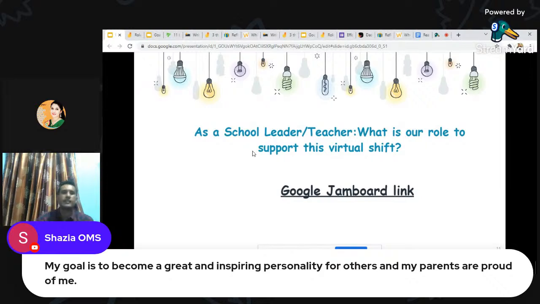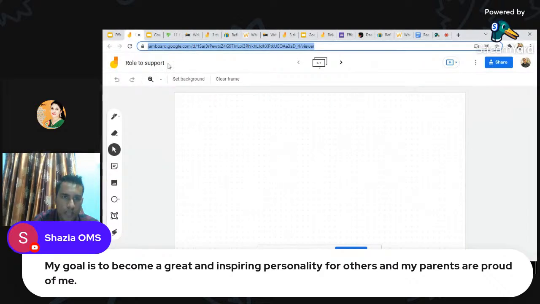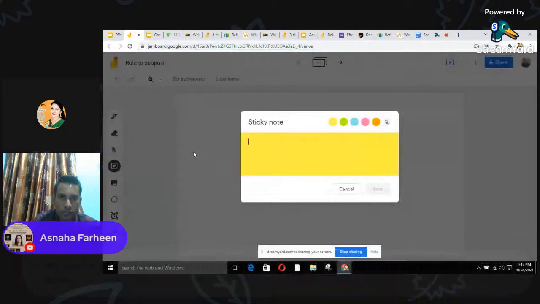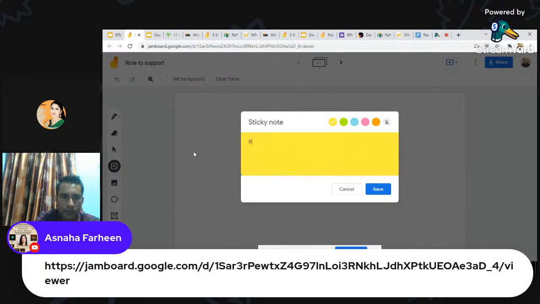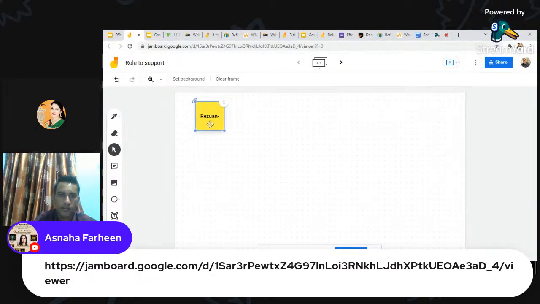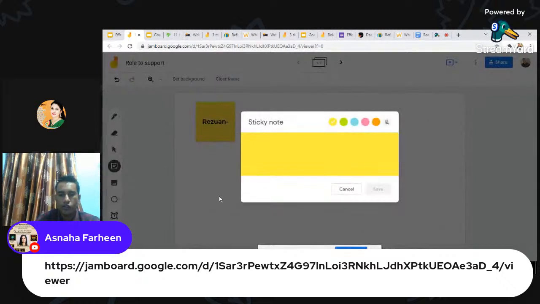You just need to write it in the Google Jamboard. As before, you just need to write your name first. I'm going to write my name, and then if you want, you can omit mine and just write your answer. The way you have done before, the same way you need to do it now. If you want to write down the question, I'm going to put it here.